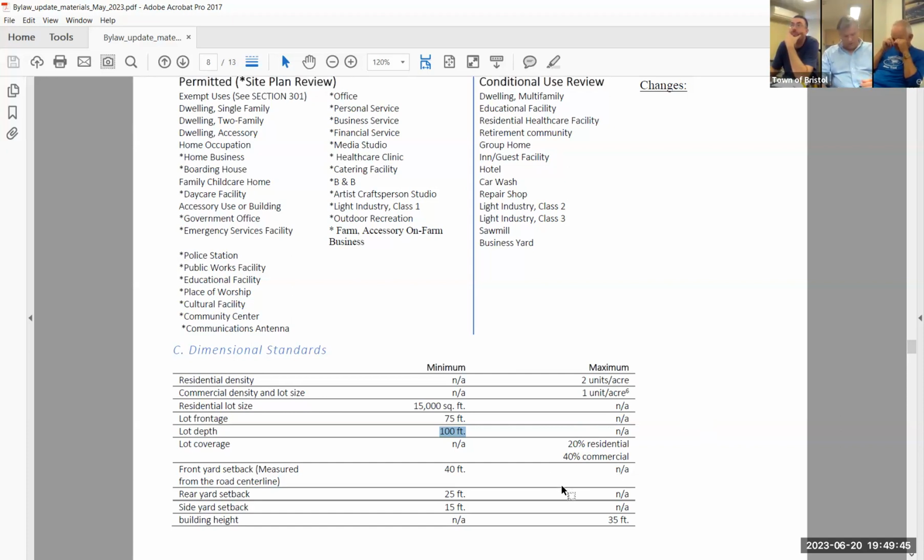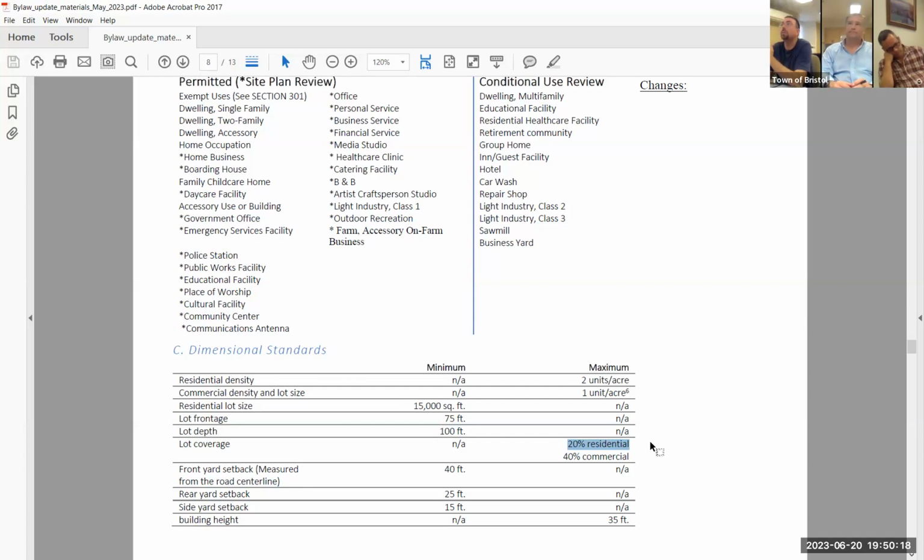Front yard is the same, basically, and your side yard in the high density residential district is 15 feet for principal dwelling units. And your lot coverage is the same, isn't it? No, it's 50% in HDR, compared to 20. Yeah, a maximum, yes, compared to 20.